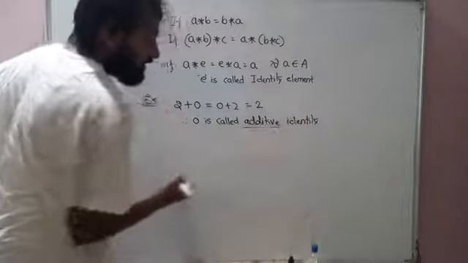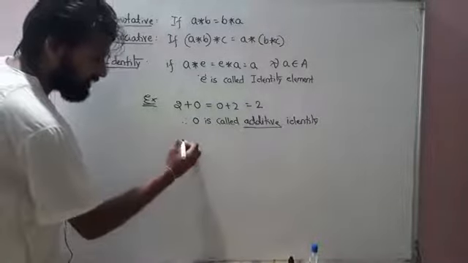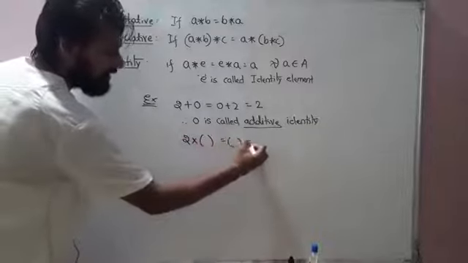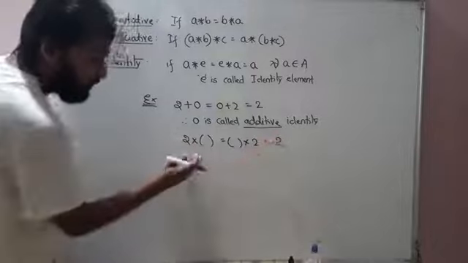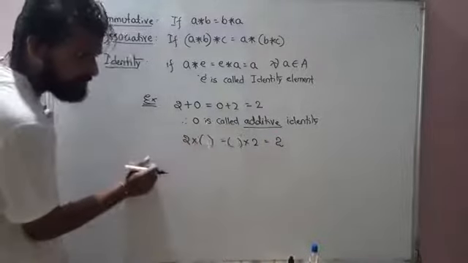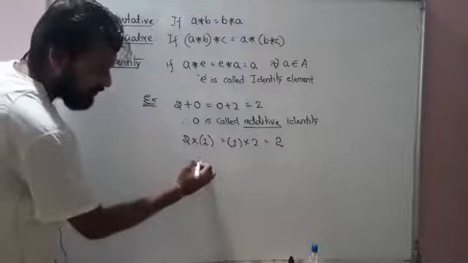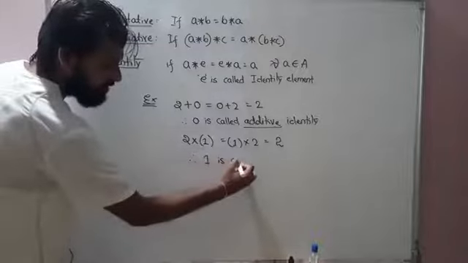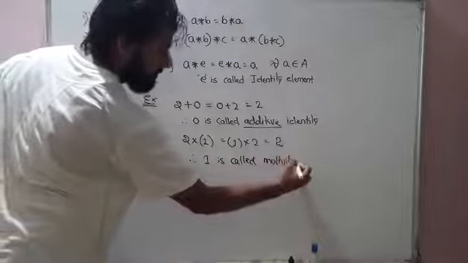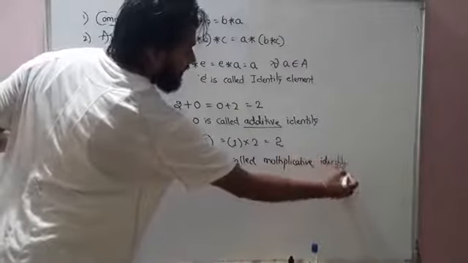This is very important. This works only for addition. Okay? Whereas, let me go for multiplication. If you multiply, what is that number? Multiplying with 2 will give me the same thing back. Very good. That is 1. Isn't it? So therefore, 1 is called the multiplicative identity. Same thing that we have written in the definition.